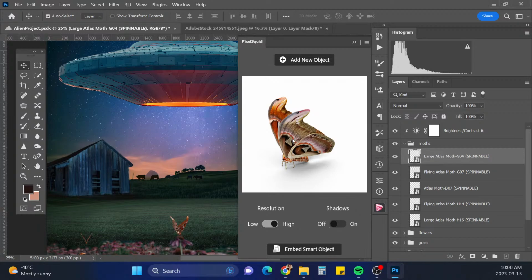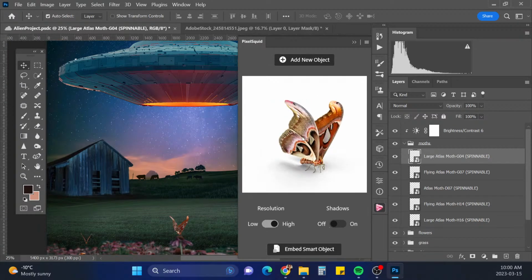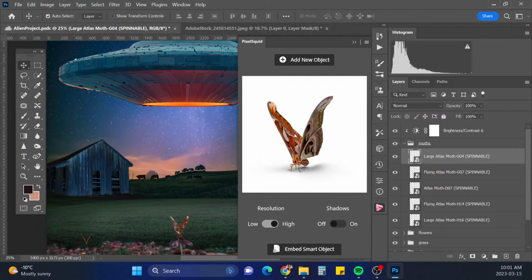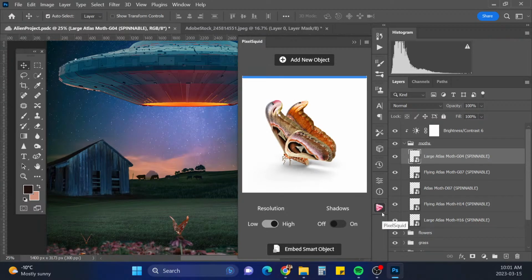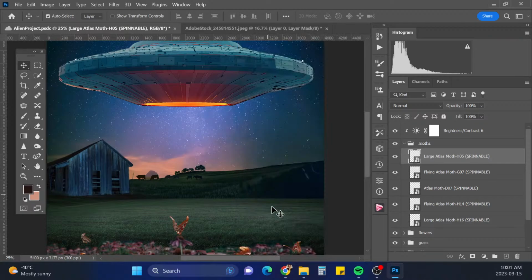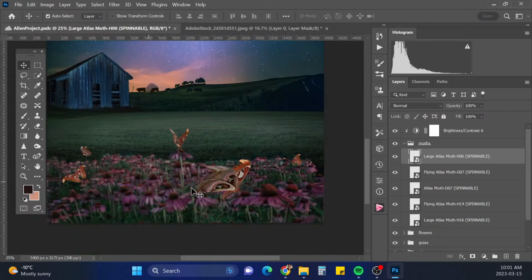Okay, this guy just doesn't want to turn for me. So let's just turn him around and see if it fixes itself somewhat. There we go. All right. Perfect. But I don't know if I want him right there. Maybe we want to have him flying like here-ish.